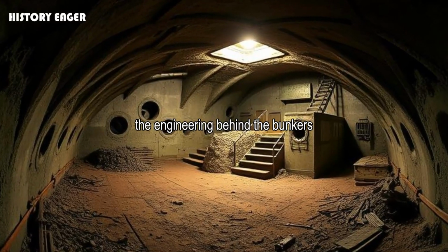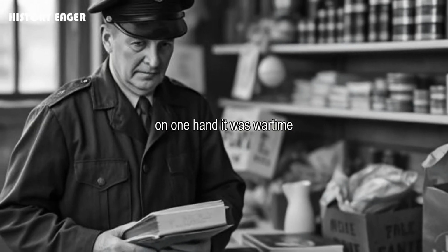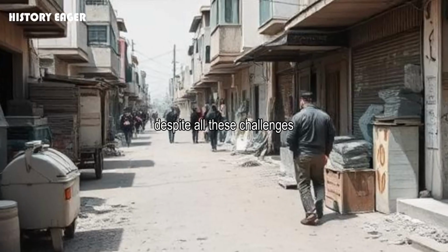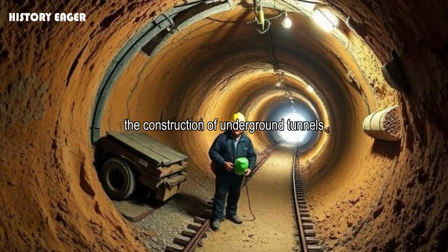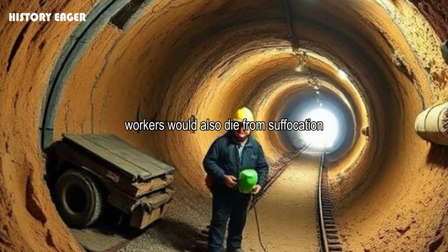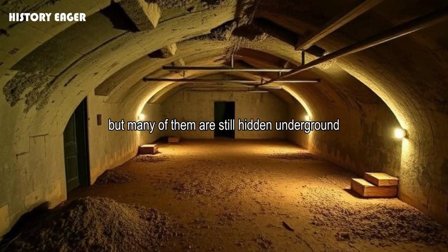The engineering behind the bunkers built by different countries during World War II is nothing short of a miracle. On one hand, it was wartime, and on the other, there was a shortage of everything. Despite all these challenges, there was a constant threat of airstrikes at every passing moment. And beyond all that, there was the construction of underground tunnels. Workers would also die from suffocation. But despite all these challenges, thousands of bunkers were not only built, but many of them are still hidden underground